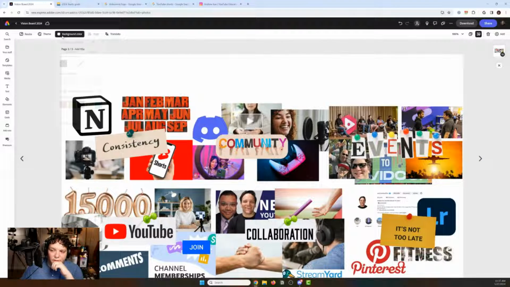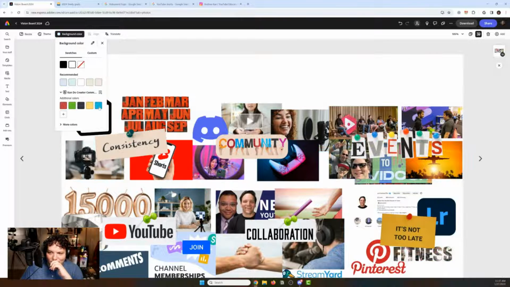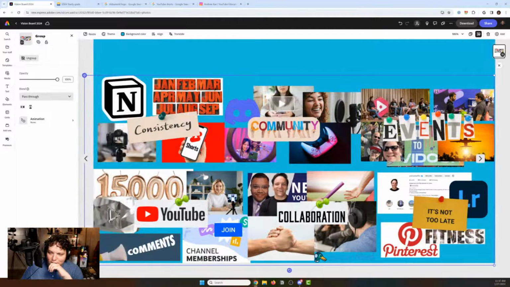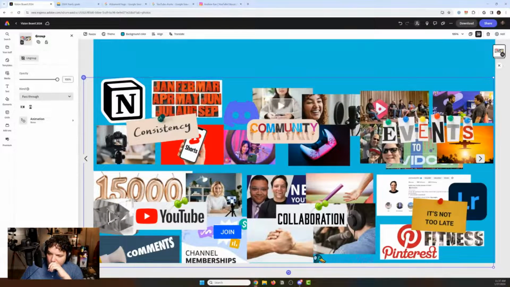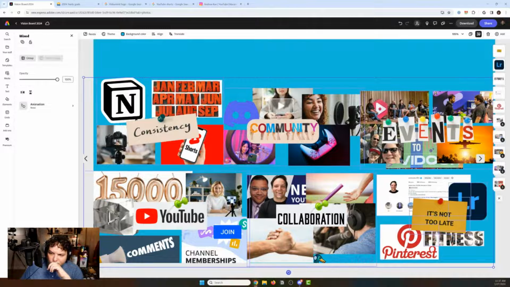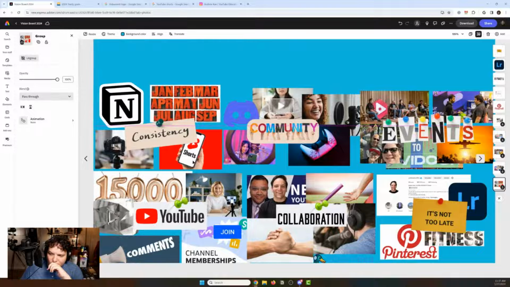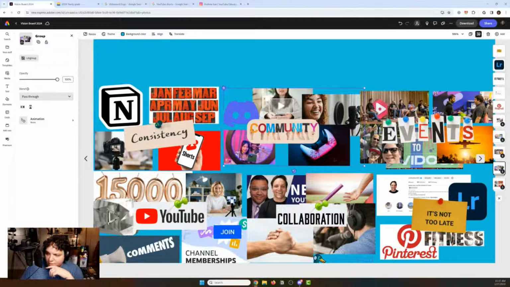Now my background color here is this, so I could change this to be like red. I could change this to be green. I could keep it white. I could make it blue, whatever is the most helpful for me. I kind of like it in the white, but I think it'd be very visually busy for me on my desktop background here. So now I can ungroup this if I want, and then go back to the individual groups in it. And we can maybe clear some of the space, make some things larger. So really, we're just fine tuning this last little bit here.